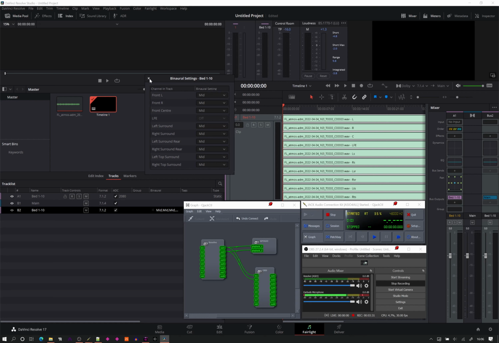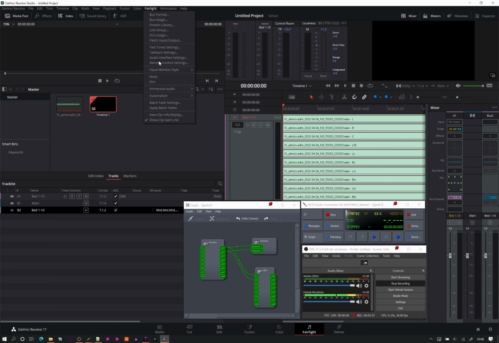So that controls kind of the binaural render mode that you would hear on not Apple Spatial, because Apple Spatial doesn't support it, even though it supports Atmos. But on Android, you would hear the binaural render modes, and yeah, we've got everything we needed now, and we could literally re-render that,